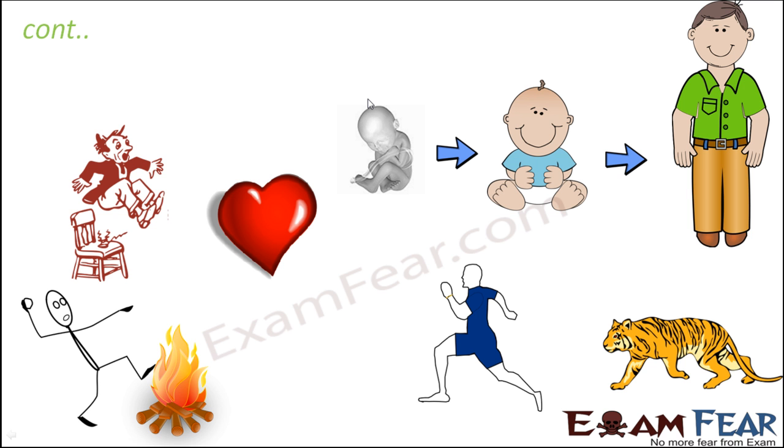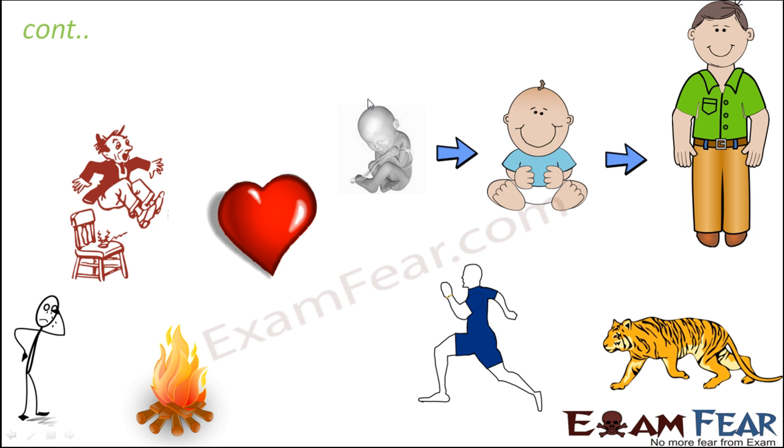Okay. Now let us suppose you by mistake step into fire. What will you do? Will you jump into the fire? Obviously not. As soon as your foot touches the fire, you can feel the temperature. You can feel that it is too hot. So your skin actually acts as the receptor. The skin helps you tell that it is very hot. But what tells you what you have to do next? So again, your nervous system, and then you immediately pull your leg back.